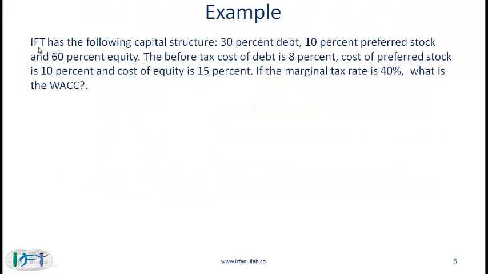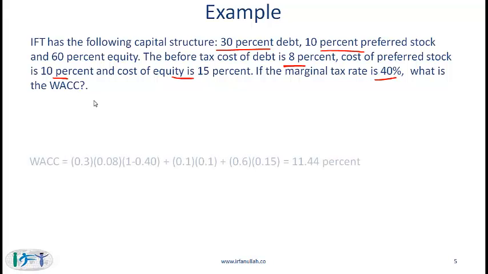Let's do a simple example. IFT has the following capital structure: 30% debt, 10% preferred stock, 60% equity. You are given the before tax cost of debt, which is 8%. You are given the cost of preferred stock and the cost of equity. The marginal tax rate is 40%. What is the weighted average cost of capital? Here is what you should come up with: